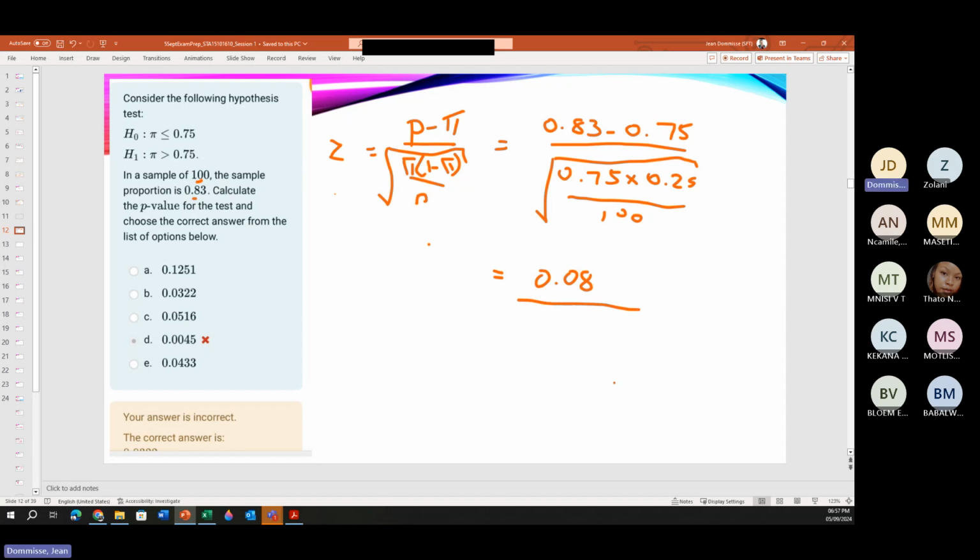And then 0.75 times 0.25 is equal to 0.188, divided by 100, is 0.002. If I take the square root of that, divided by 0.043, that gives me a Z of